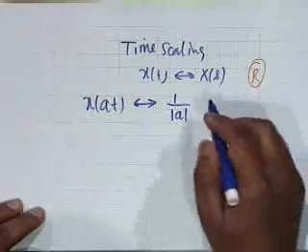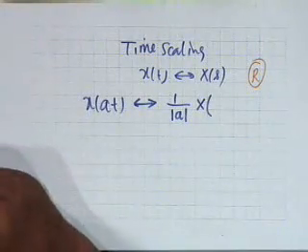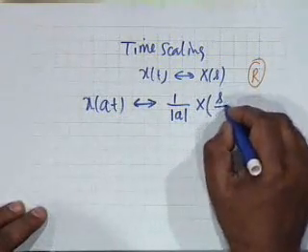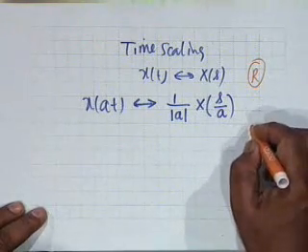It does not matter whether a is positive or negative, and the frequency gets divided by a. The time was multiplied by a, so in the transform domain it becomes s by a, and the ROC is naturally,